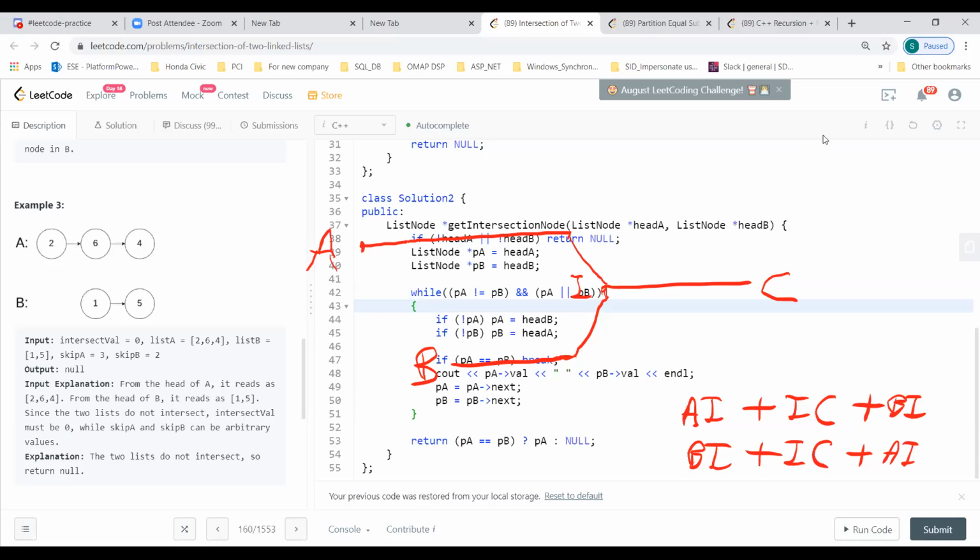But when we are comparing the intersections, in intersection we are finding that I node, but in parallel we are finding null. Yeah, but the length won't be equal. No, A can be of X length, B can be of Y length. Length of IC would be 0 in that case. So we can have AJ and BJ, so AJ plus BJ and BJ plus AJ, correct? So the length will be the same in both cases, correct?